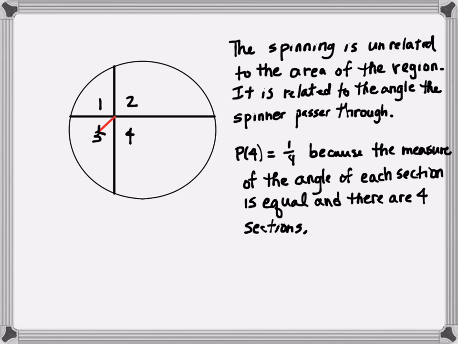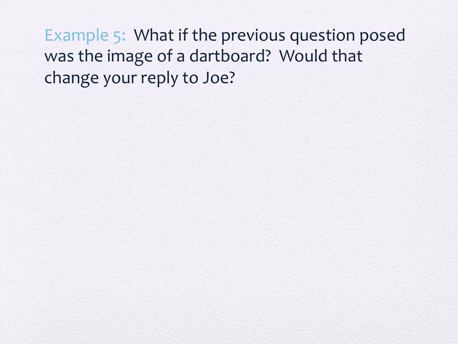So it's the angle that matters, right? It's the angle that matters, and all of those angles are the same, and there's 4 of them. Does that make sense? Okay, so the other version of this question, example 5, says, what if the previous question